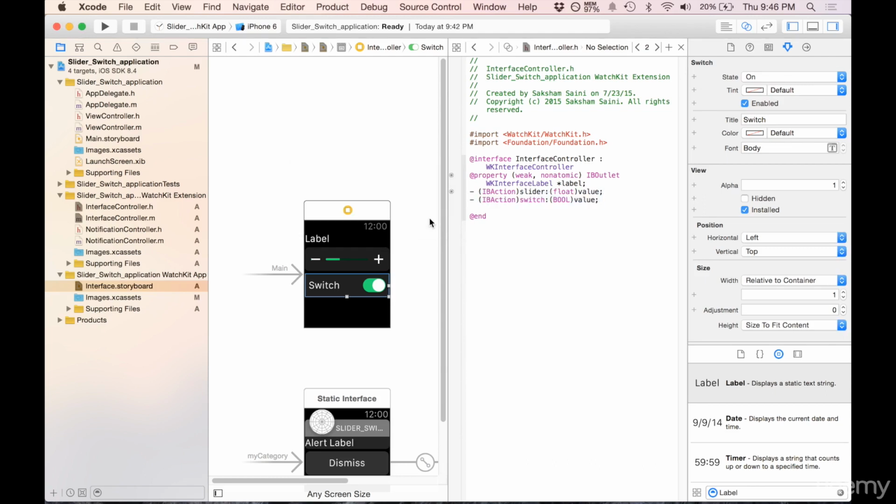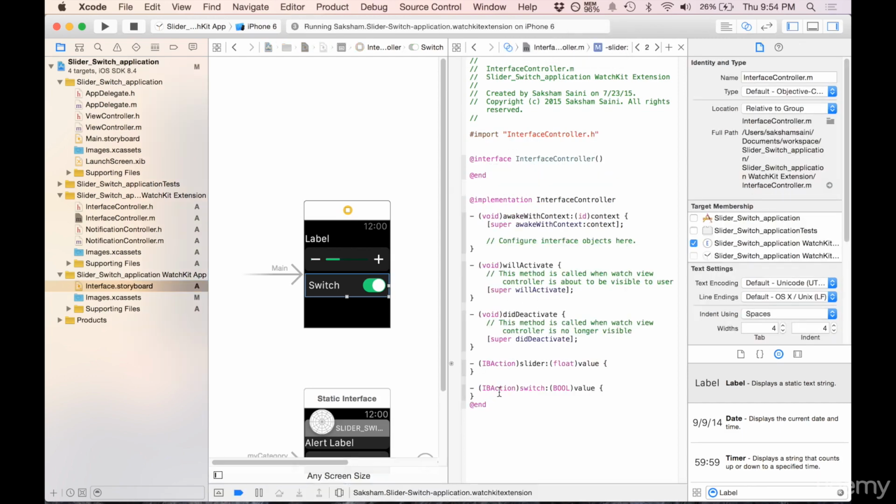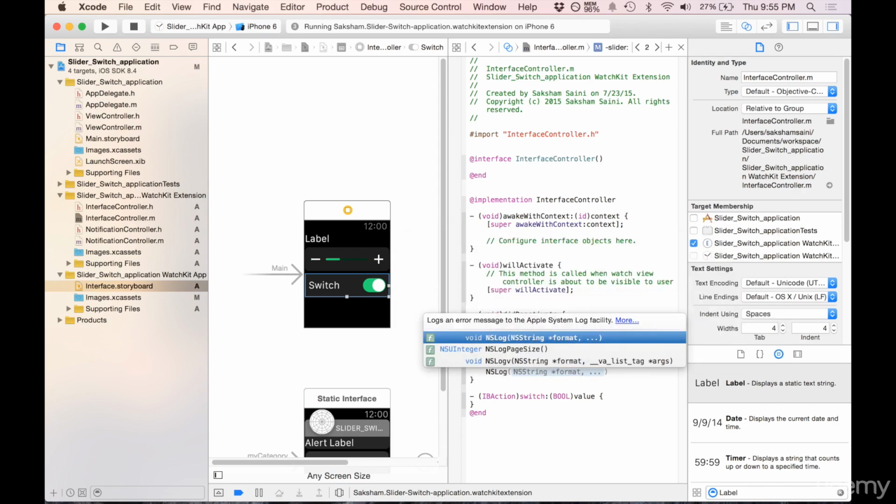Hit connect. Now go into your interface controller.m file. Now you will notice that two new methods have been created over here. The first one for the slider and the second one for the switch. Now we will put some NSLog statements in these methods to better understand how these methods work and how we can use them for our Apple Watch projects. So let's begin. NSLog